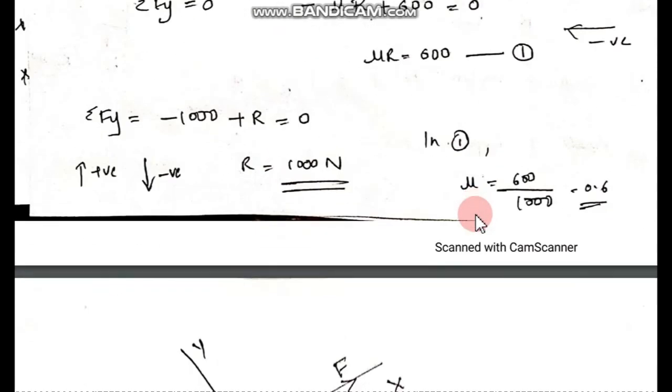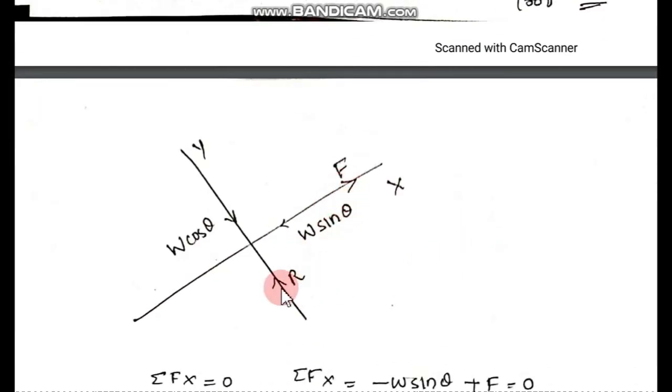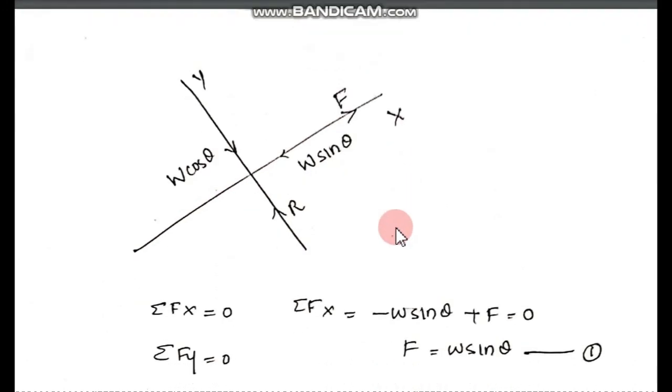Okay, so I have marked all that. See, friction, reaction, W cos theta and W sin theta. Just compare both the figures, it will be very easy for you to understand. Now I am just applying the equilibrium conditions, because normally in friction the problems are solved using equilibrium conditions, that is Fx is 0 and Fy is 0. Only two equilibrium conditions.